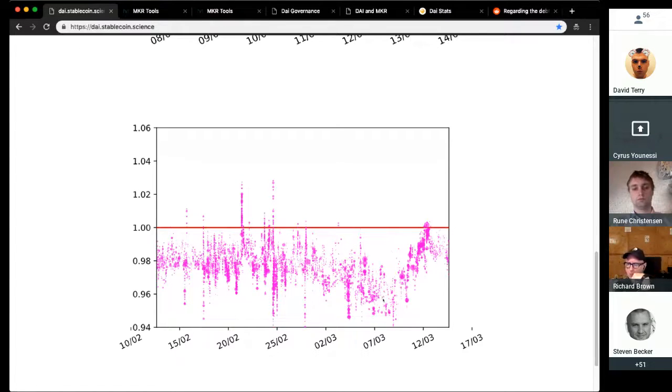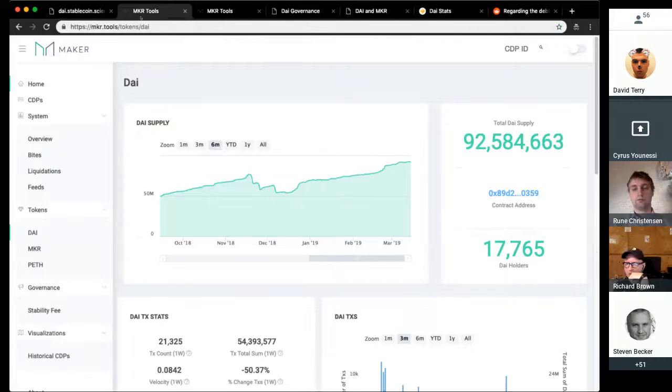The executive vote happened around a week ago, March 8th, and for the first few days we didn't really see much change, but eventually we saw some volume hit, and we saw a bit of an uptick from about 96 cents up to about 98.5 cents. I don't think these dollar prices really traded for much size. The DAI supply also continued to grow, but at a much slower pace than we've seen in recent weeks and months. So you can see that even though we're still growing, it's tapering off a bit.